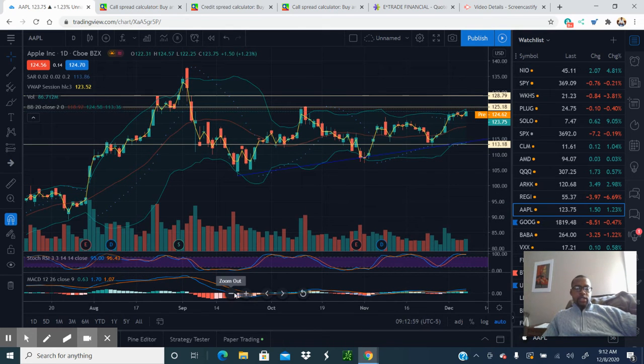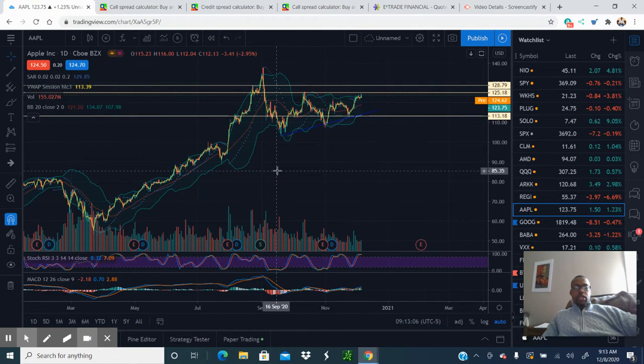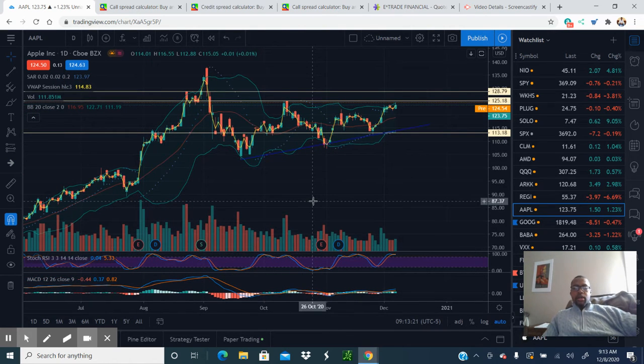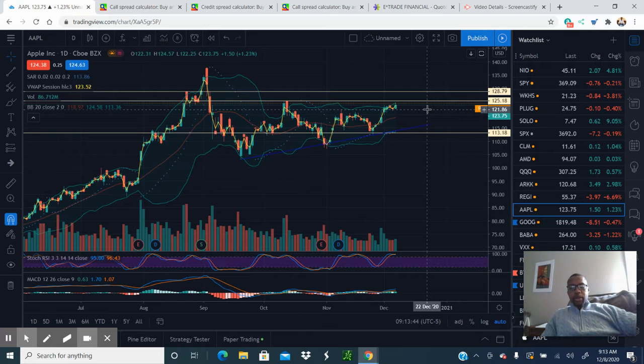I know everybody's hot on Tesla and stuff right now, but Apple right now is a sleeping giant. The reason I say that is I use technical analysis and apply this knowledge to your personal strategy, investment goals, and investment personality. You should never blindly follow anybody and how they trade. But one thing we can all agree on is when to get entries. This is a really good entry right now on Apple. There may be another, but this is looking good. I've been saying this on a lot of videos: Apple is going to blow at some point because